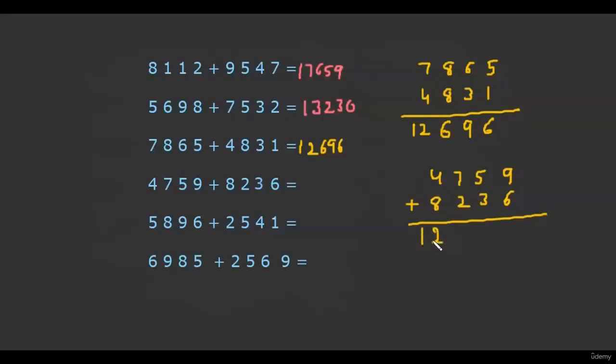So it is 12. Now 7 plus 2 is 9, and we will not increase this by 1 because these are non-carry numbers. So this becomes 9. Now 5 plus 3 is 8, but these two numbers are carry numbers. So we increase 8 by 1. So this becomes 9. Now 9 plus 6 is 15, and 5 is the end number. So the answer becomes like this.